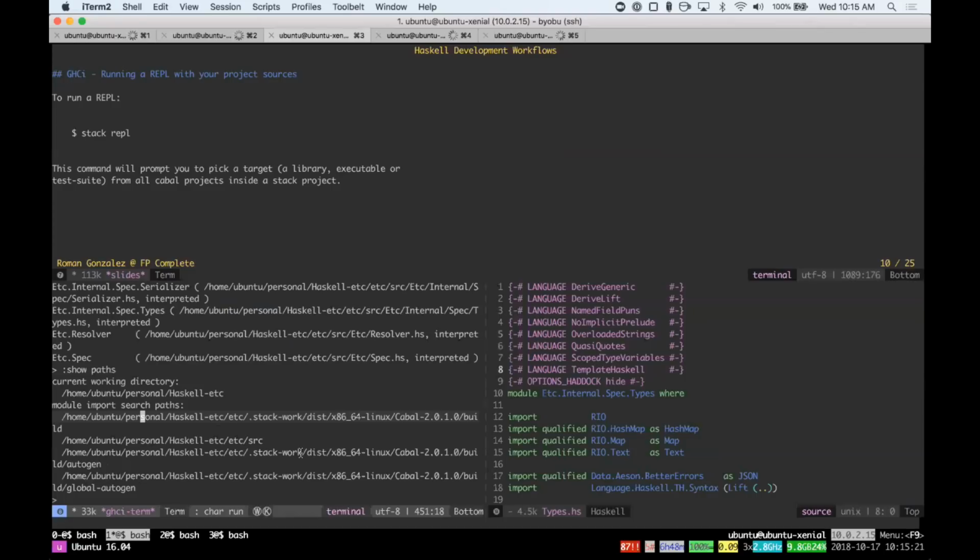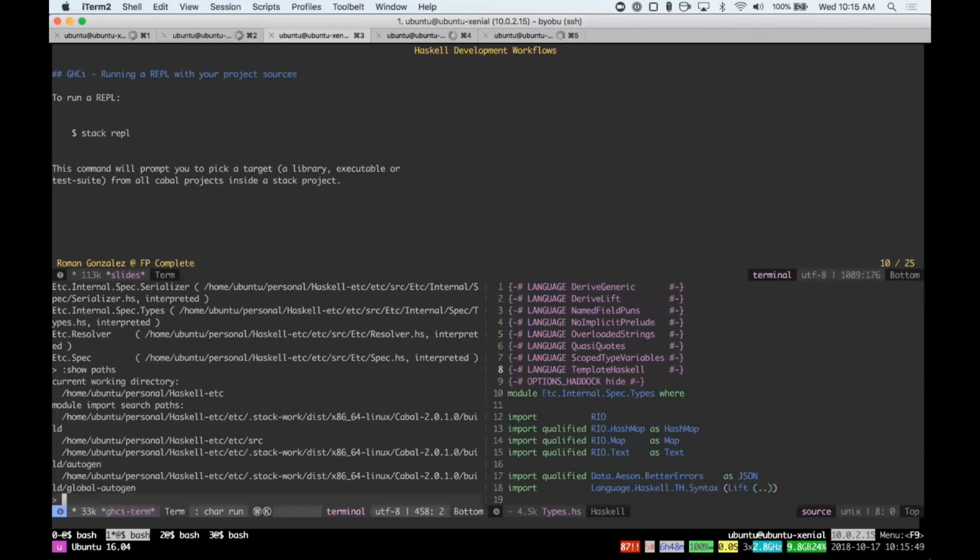These are Cabal-generated files. But one thing that is really interesting is we only have certain paths, and sometimes we're doing the test suite and the code of our library at the same time. So first of all, before going into how we can load both of them, let's try to load some modules in here. So the idea is—